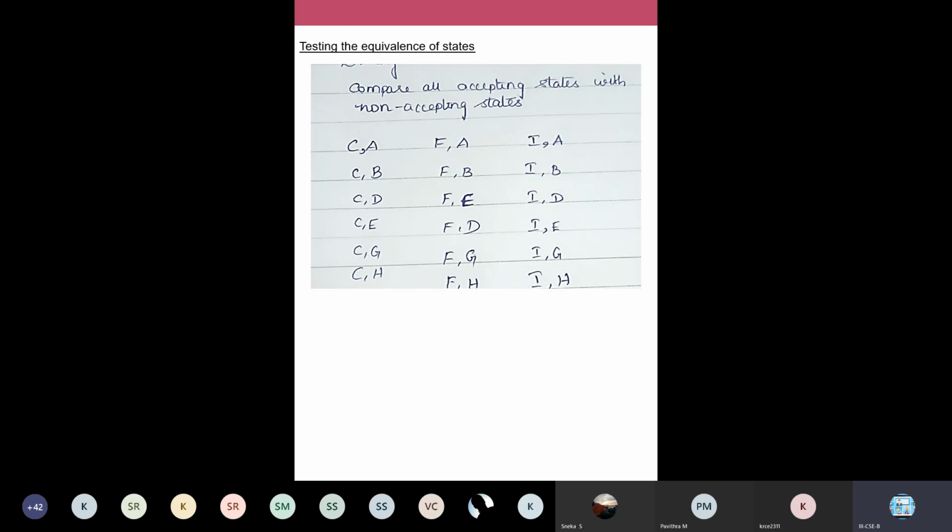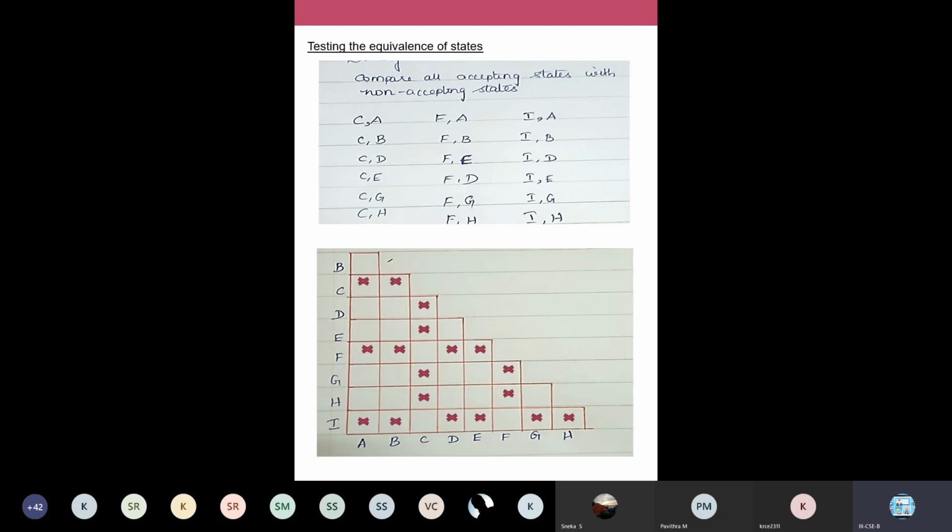So if they are distinguishable, in the table of distinguishabilities, I will mark an X. So in the row and column specified by C, A, we are just going to check the row and column of C, A, C, B, C, D, and we are going to mark an X there in your table of distinguishabilities. Okay, so now you have drawn the table once, is it not? Every time you need not draw the table. Once you have drawn the table, you have to go and fill in data in that table.